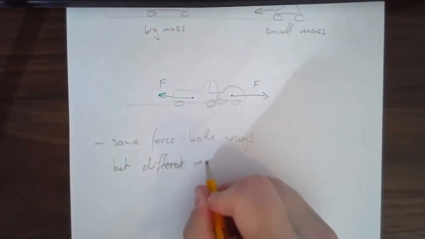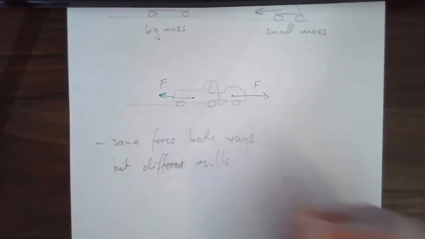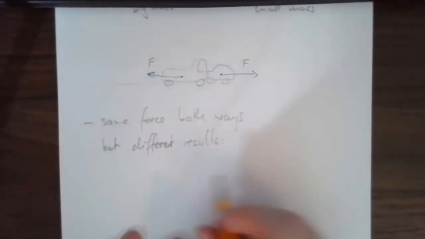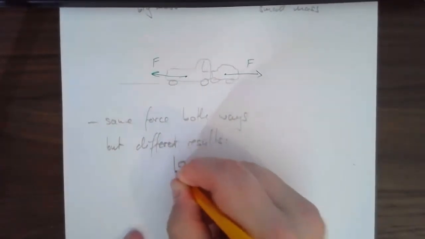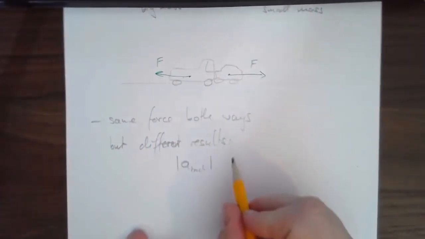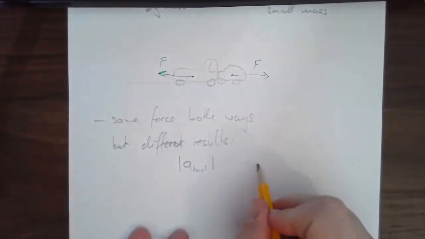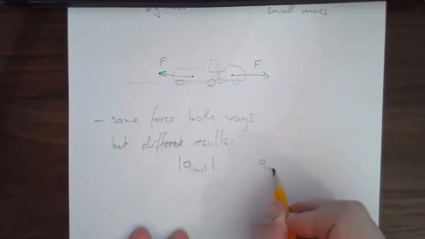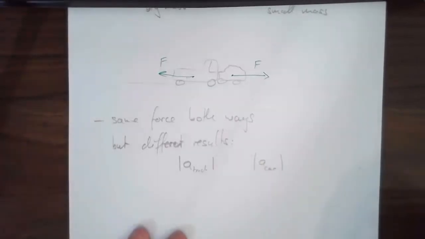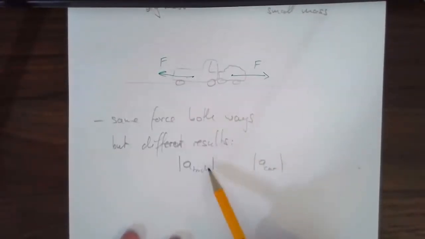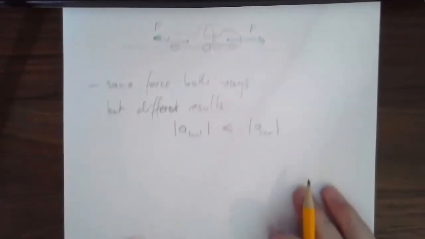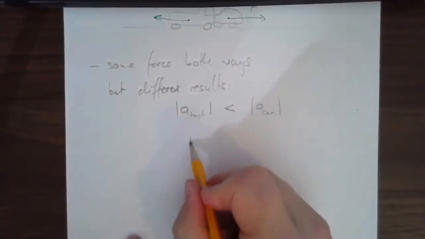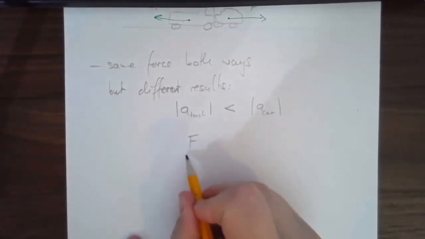Namely, the magnitude of the acceleration of the truck, how does it compare to the magnitude of the acceleration of the car? Is it going to be bigger, smaller, or equal? Well, it's going to be smaller. Why? Because the force is the same,